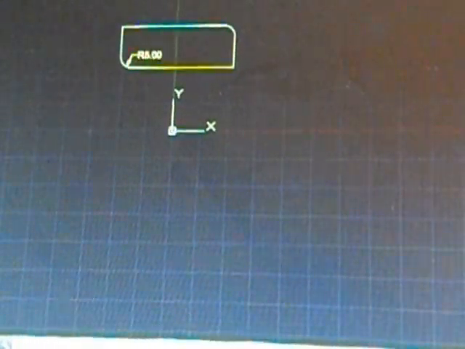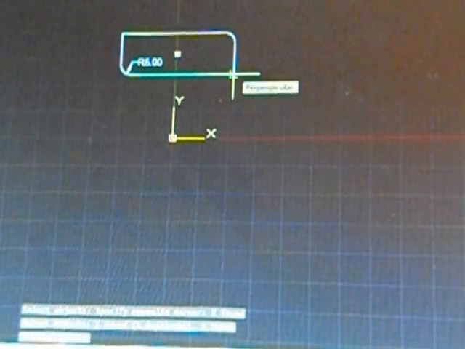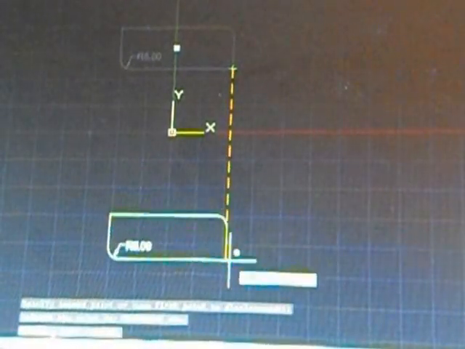You can also use the move command. This move command is to move any object. You need to first select the object. Click on any one point. Click enter. Click on any one point where you want. The object will move perpendicularly. If you press shift, the object will move in a 90 degree. By pressing shift or F8, the object will move in ortho, means 90 degree.